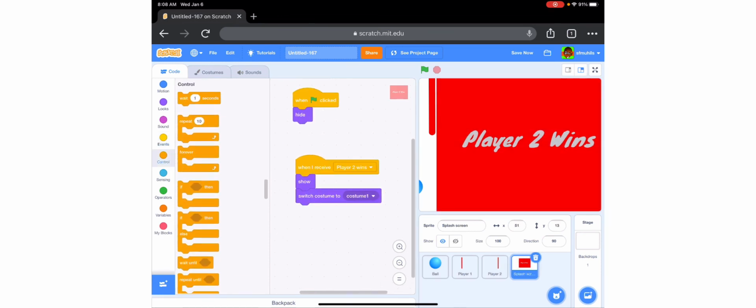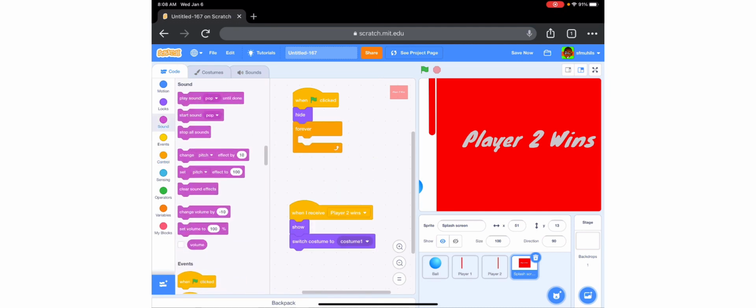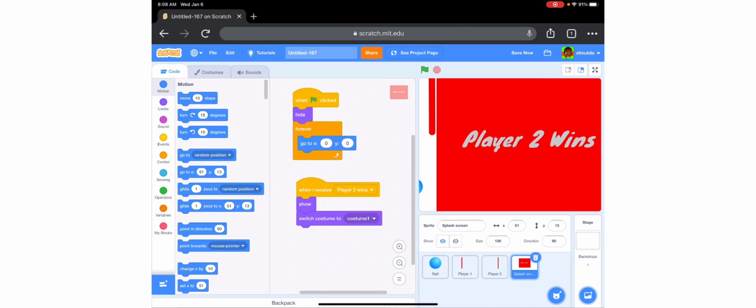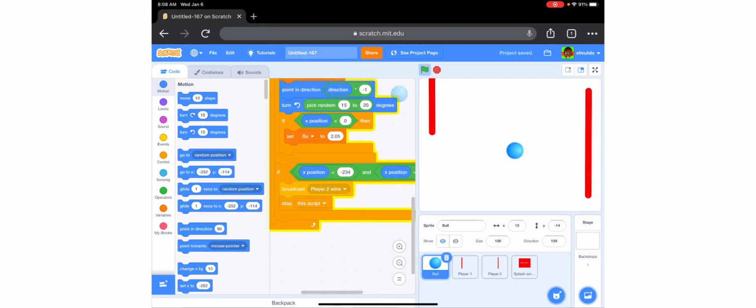And then we need forever, go to 0, 0, the center. Because if you don't remember, it's the center because it's neither a positive or a negative. It's in between. You can either count it as the highest negative or the lowest positive. It's just if the X position, Y position is very low,